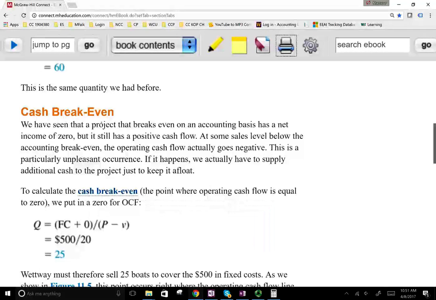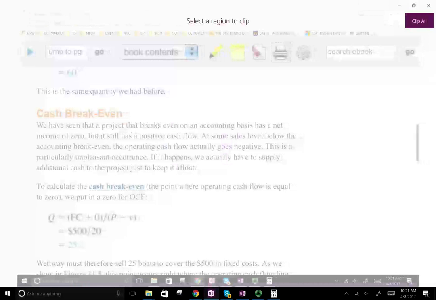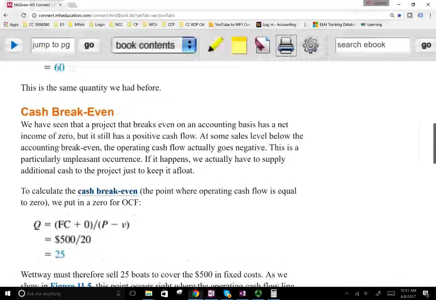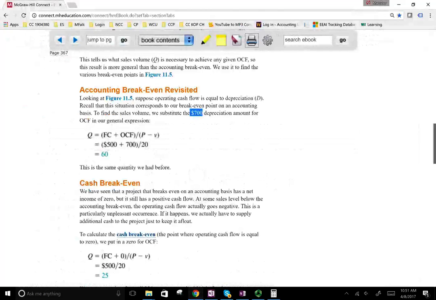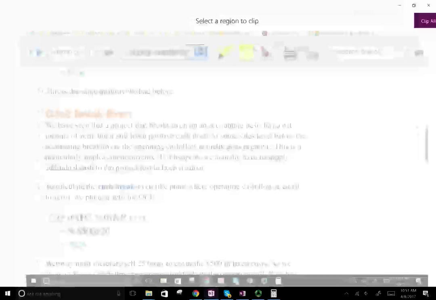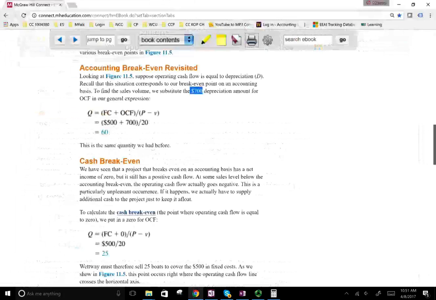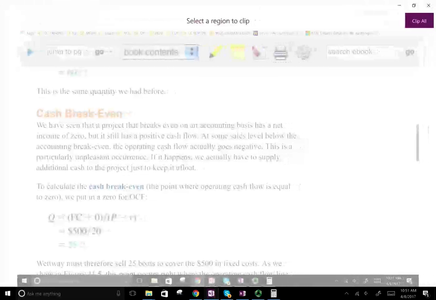So basically the cash break-even you take out. So let me just have them together. Maybe it'll be easier to see. So look, the difference between accounting break-even and cash break-even,